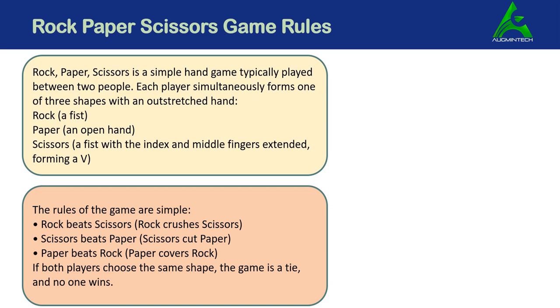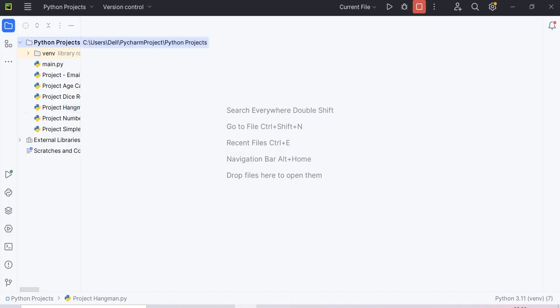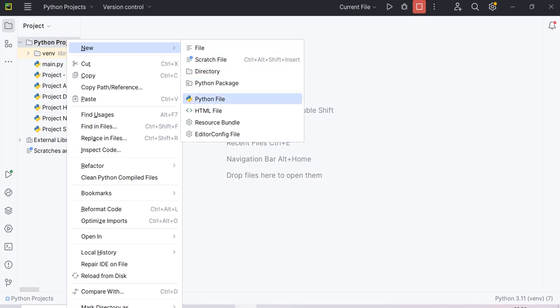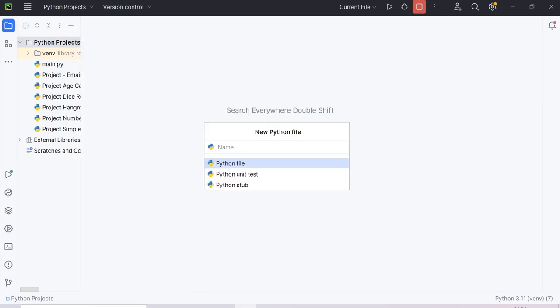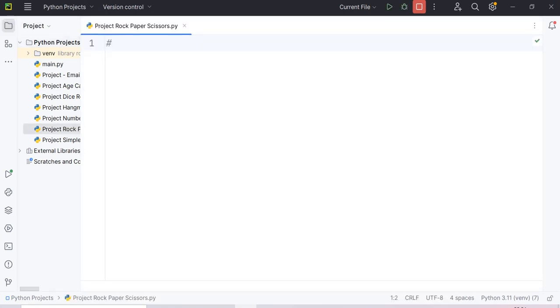Now let's hop to Python and see how to code rock, paper, scissors in Python. Let's get started. Now here I'm on my PyCharm. I'm gonna right click on the project name, go and create a new Python file. Let's name this as rock paper scissors project. Let me name this as project rock paper scissors, and let me say Python